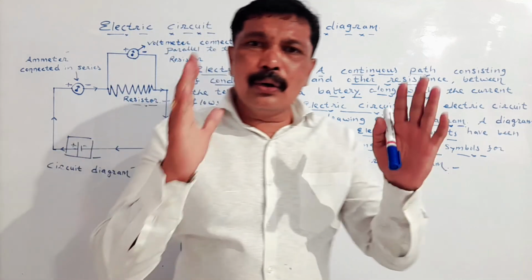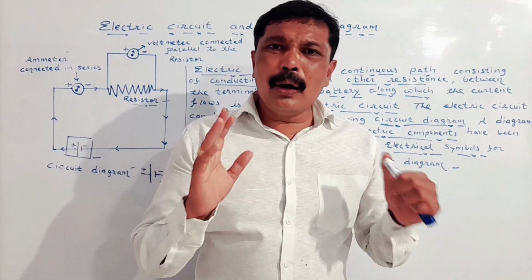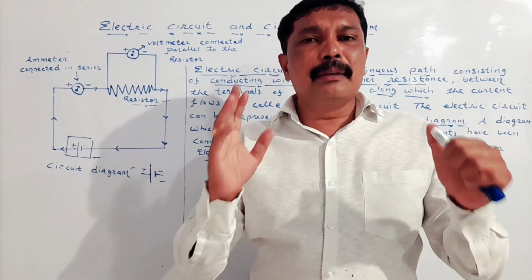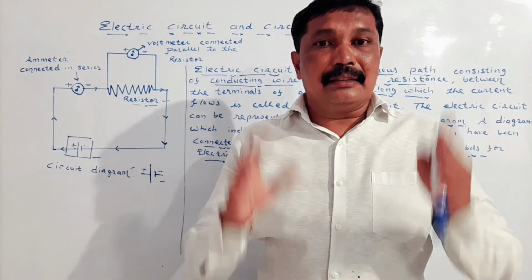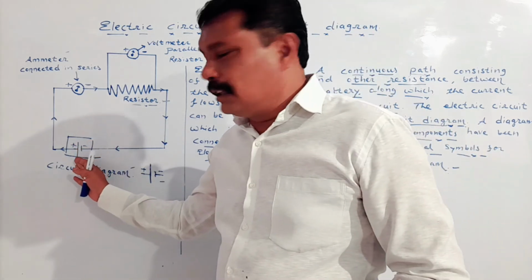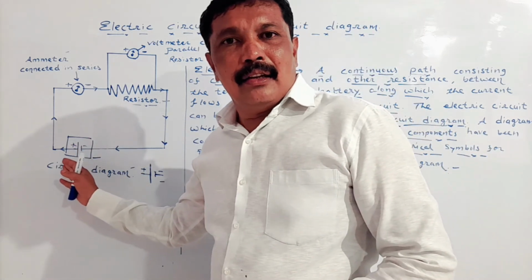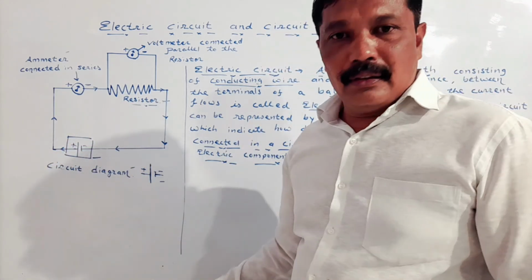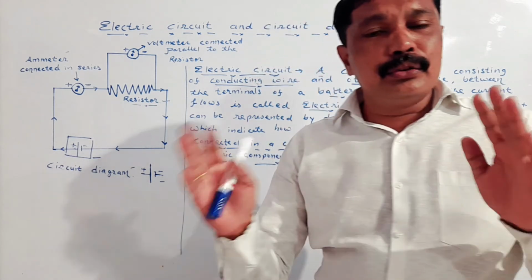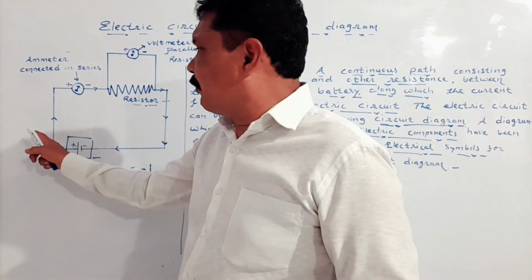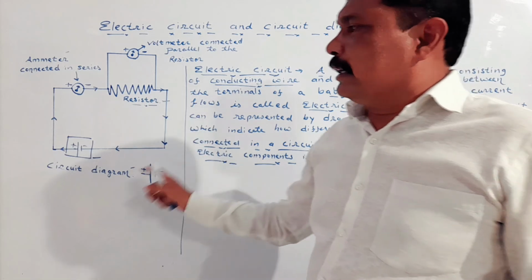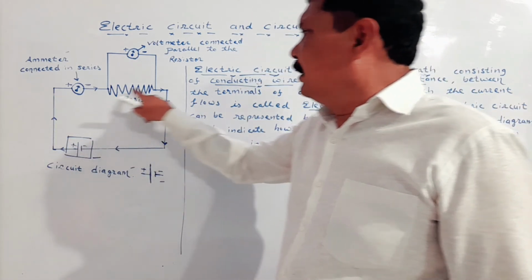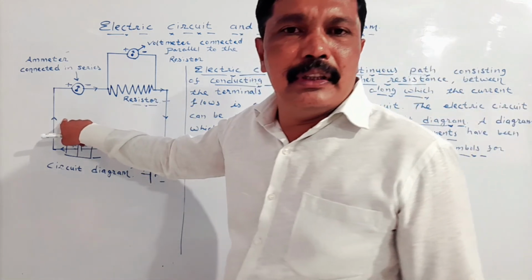This is called circuit diagram. So the circuit diagram drawn on a paper will have electrical components represented by a symbol. The cell can be represented by a symbol. While representing a cell, you have to correctly mark the positive terminal and the negative terminal of the cell. In a circuit diagram, you should correctly mark the direction of flow of electric current in the circuit, and the electric current always flows from the positive end to the negative end, and this you have to show with the help of an arrow.